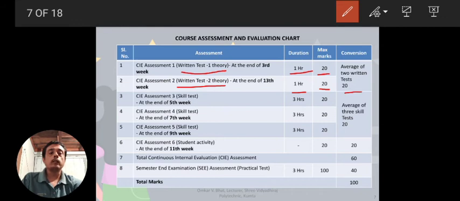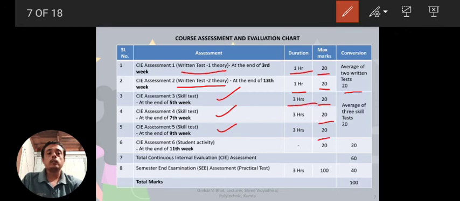Average of 2 written tests for 20 marks. And there are 3 skill tests. These are practical tests. This is the first test, this is second test, and this is third test. Each test carries 20 marks.